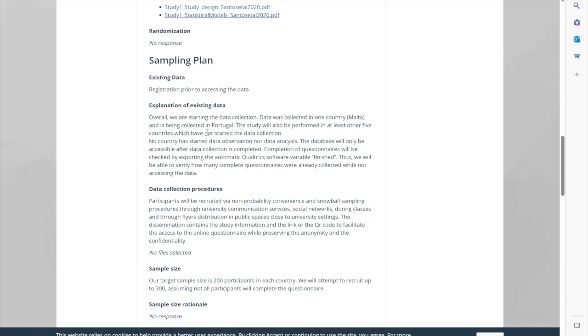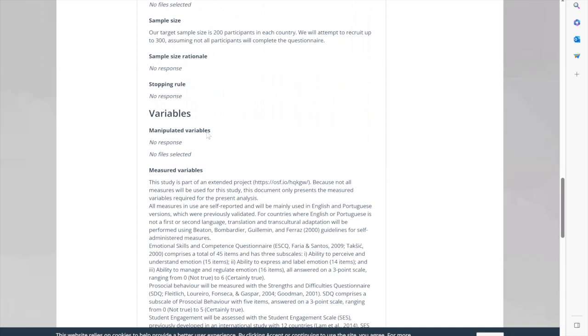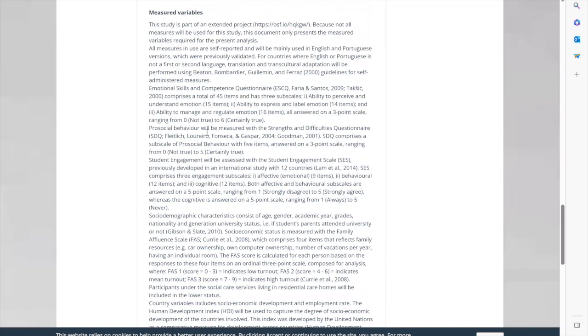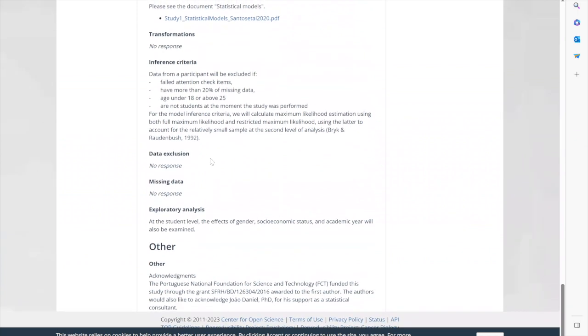And we used it also to explain that there is some data that already exists, but we didn't use it, and we will only use it as a group. Also data collection procedures, our sample size determination, the variables, and the information that we defined by our analysis, to plan everything.